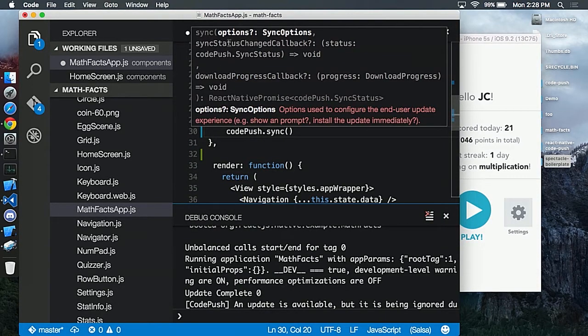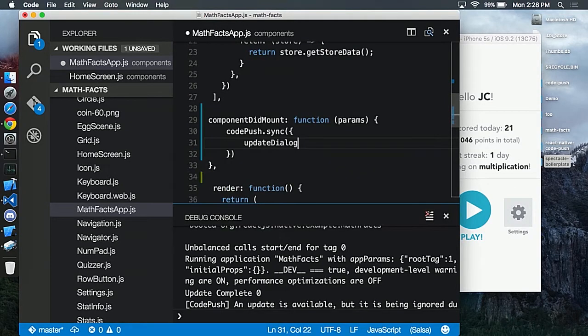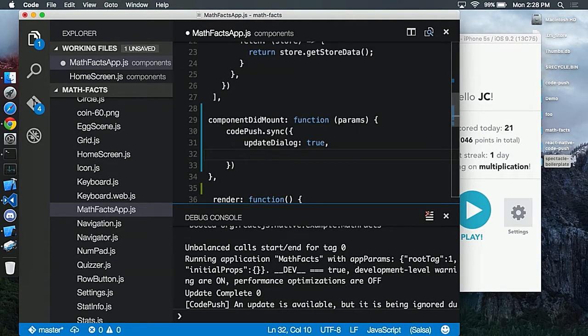I don't remember the syntax. It's options. OK. What's the option? Update dialog. That makes sense. I mean, live coding on the stage, I don't even remember the syntax. So